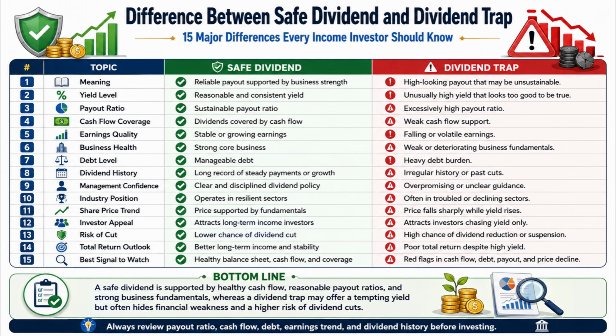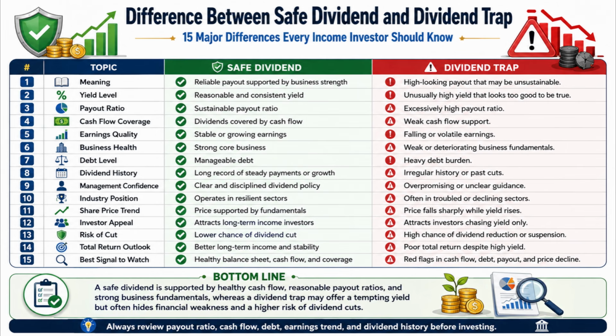Number 14. A safe dividend usually offers a better long-term income and stability outlook. On the other hand, a dividend trap may deliver poor total returns despite the high yield. Number 15. The best signal to watch in a safe dividend is a healthy balance sheet, strong cash flow, and solid coverage, whereas in a dividend trap the warning signs are weak cash flow, high debt, excessive payout, and a